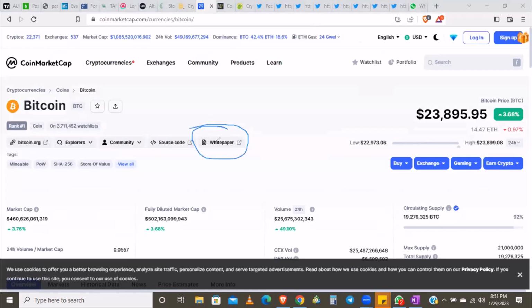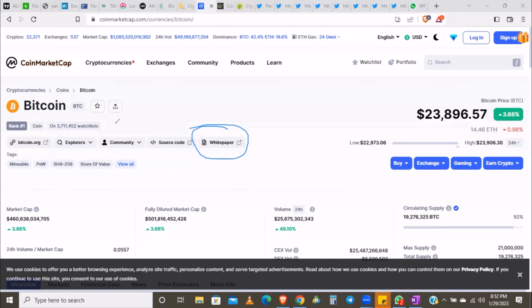This is the white paper. If I click on this white paper, it will take me to the Bitcoin website. This white paper contains all of the functions and use cases of Bitcoin, what they promise Bitcoin is going to do, and why they think Bitcoin is very relevant. You click on it, take your time to read through that white paper, and then using your instincts and some other research, you'll be able to conclude, okay, this coin might have a potential use case in the future. I think I want to buy this coin and keep it. So that's the first thing.